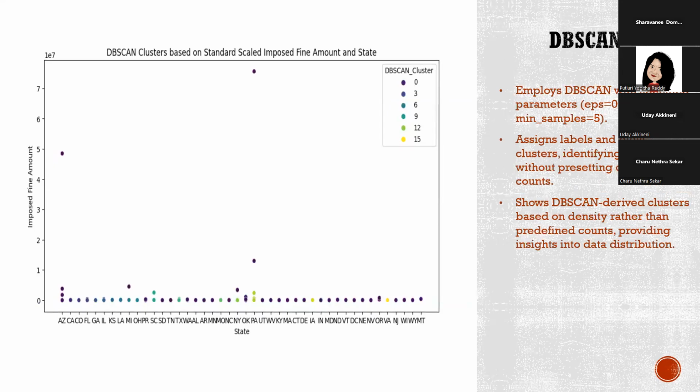In the next method, we use the DBSCAN clustering technique. Unlike k-means and agglomerative, DBSCAN identifies clusters based on data density and not predefined cluster counts. This plot highlights regions of dense imposed fine amount across states, revealing different patterns. We can observe that DBSCAN has formed 16 clusters for the data. While comparing the three models, the different cluster counts highlight the diverse perspectives and patterns each algorithm uncovers within the dataset. The choice of the optimal number of clusters depends on the specific characteristics of the requirements and the objective